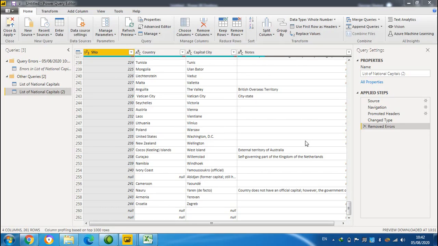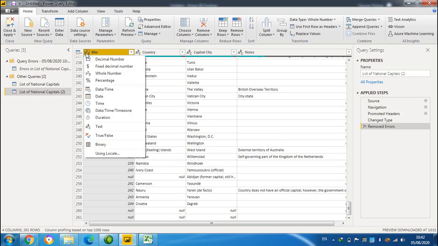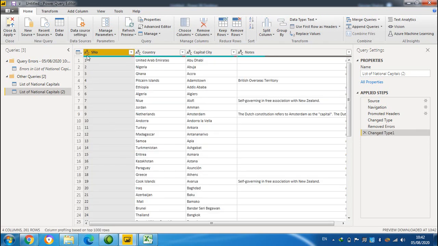In the Power Query Editor window, in the top row, beside each column name, I will find the format of the data for this column. For example, for this serial number, I will find beside it is 123. If I click on this 123, it indicates that this is the data format. The data format for this column is whole numbers. If I need to change it to any other format like time or date or text or any other format, I can simply change it. If I want to change it to text, I can select text. I will find that the format changed to text